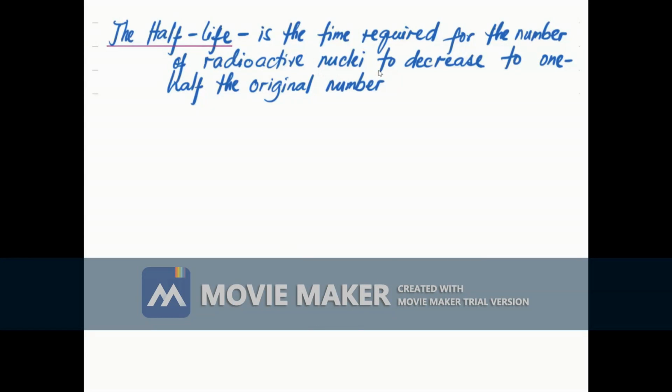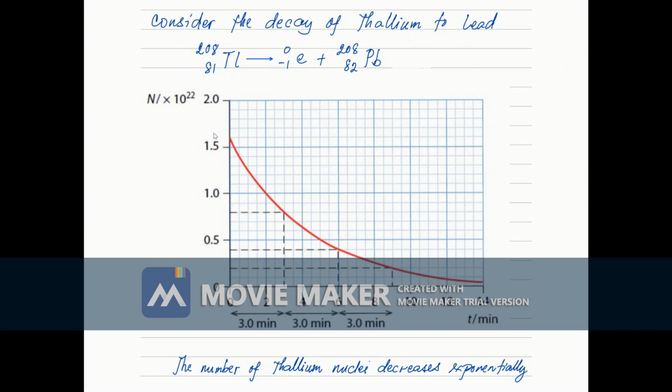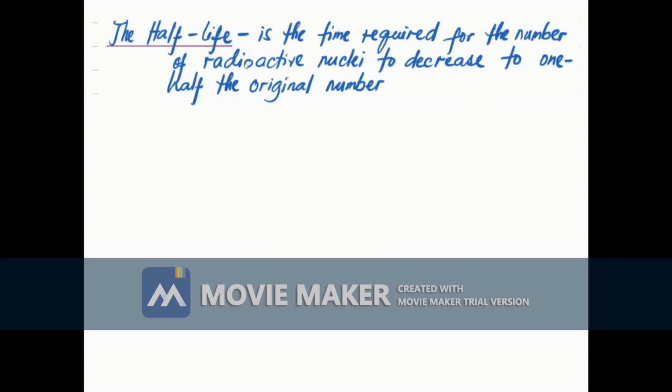What is a half-life? The half-life is the time required for the number of radioactive nuclei to decrease to 1/2 the original number. Going back to the thallium, we can see that initially we have 1.6 times 10 to the power of 22 nuclides at t0. However, at t equals 3 minutes, we have exactly 0.8 times 10 to the power of 22 nuclides, which is exactly half. So 3 minutes is the time it takes for the number of radioactive nuclei to decrease to 1/2 of